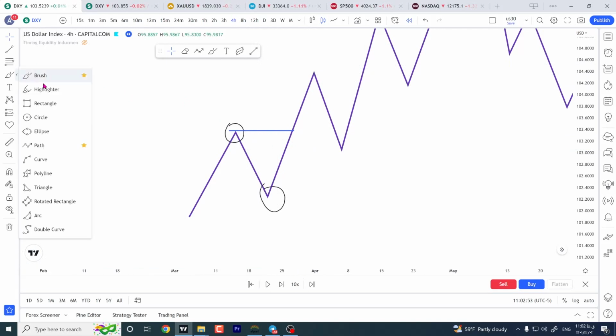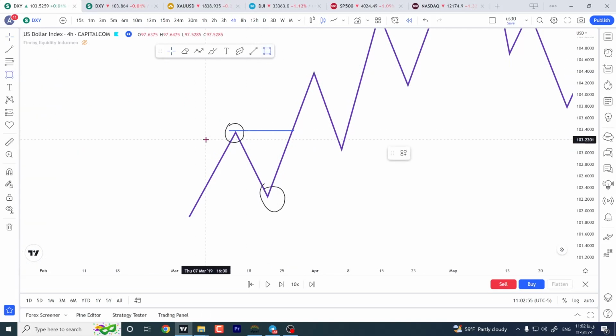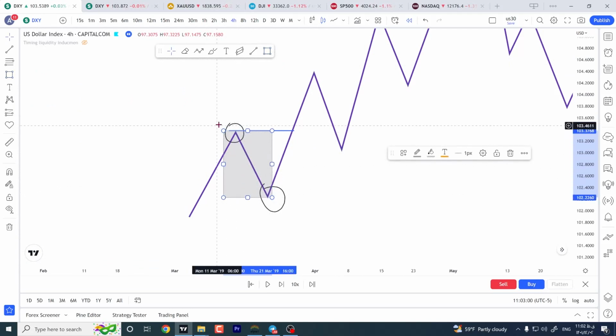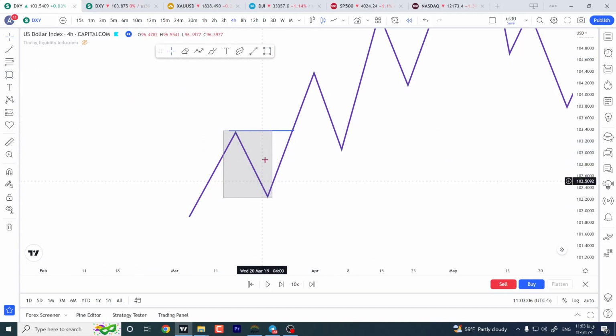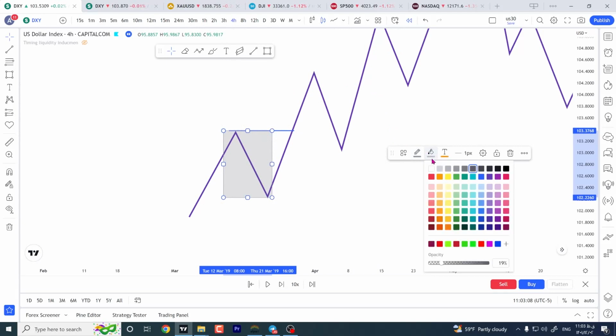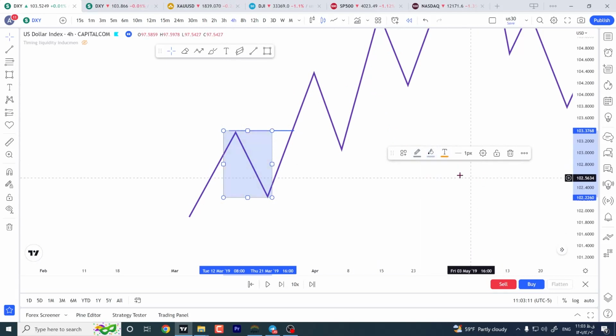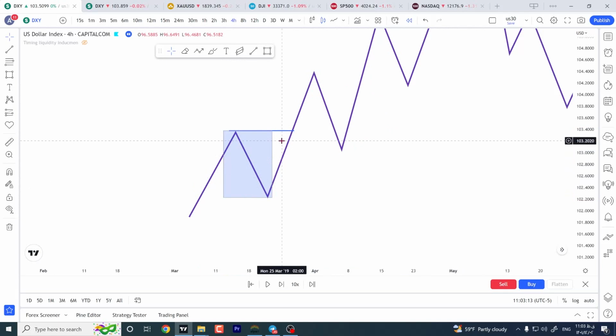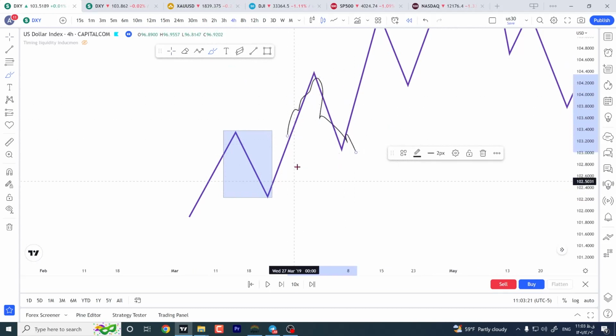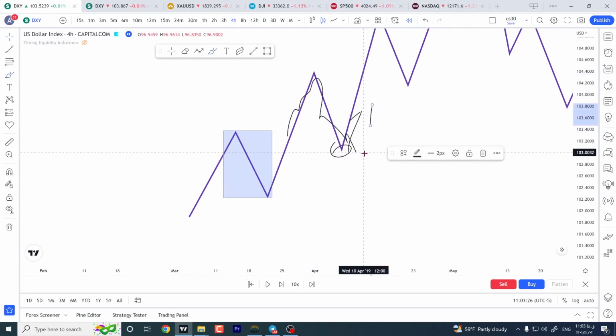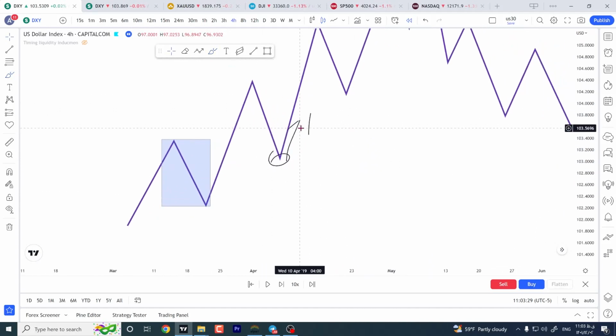We can go and pull our box out and put a box here from the high that gets broken and the low that is protected, or the low that broke the high. And I'm going to make it blue as a demand box. So you can see that the market breaks this demand box and goes up, it comes back, pulls back most of the time into this demand box, and here we can find our higher low and trade the market. After that,